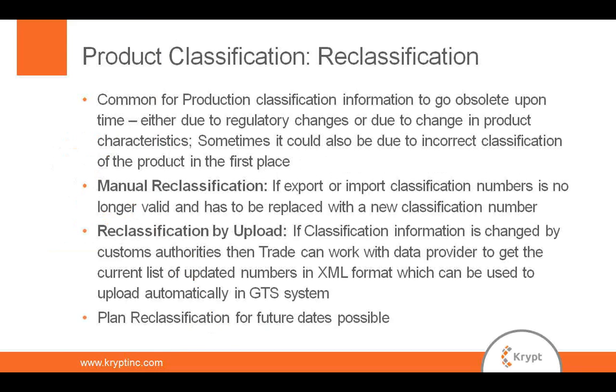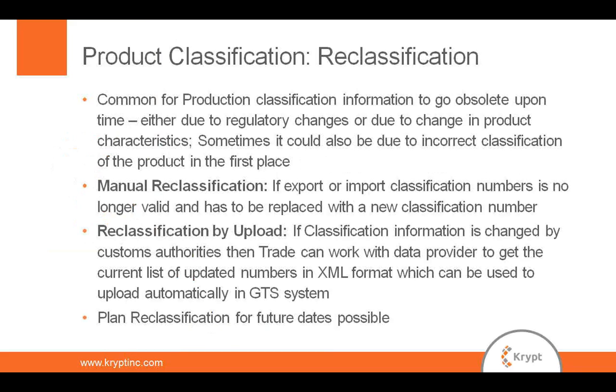There are a lot of different reasons why a product classification can go obsolete: due to time, or because the folks who did the classification made a mistake, or because the classification number itself is obsolete. There could be a number of reasons why we need to reclassify, but reclassification is very important because